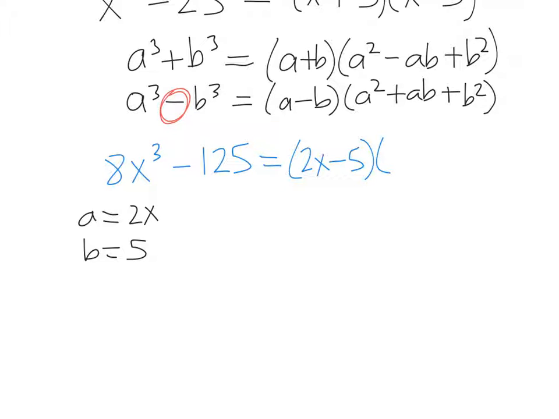4. Just 4? 4x squared. AB would be 2x times 5, which is what? 10x. Plus b squared, which would be 25. And there we go. That's how you do it. And it's factored. That trinomial that's in your brackets at the end, the 4x squared plus 10x